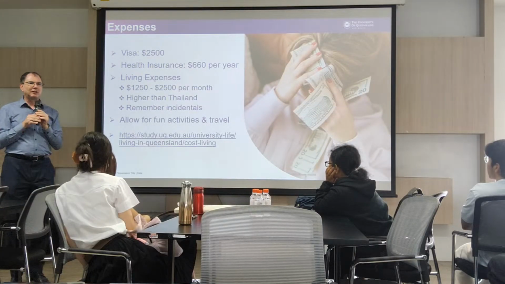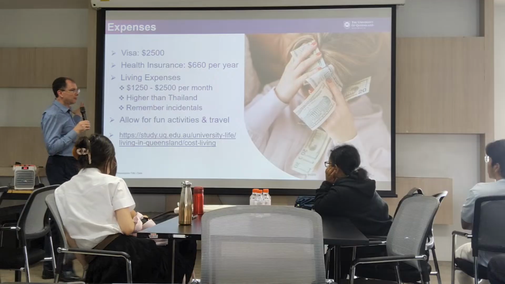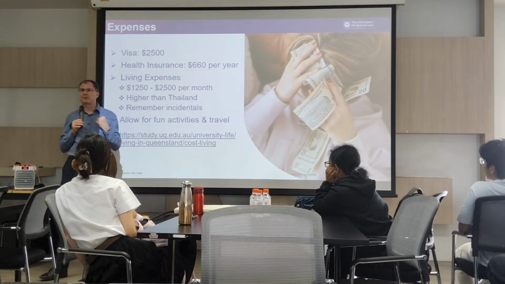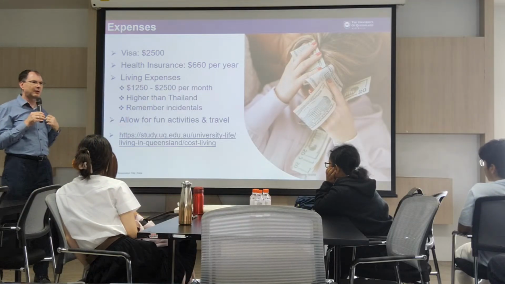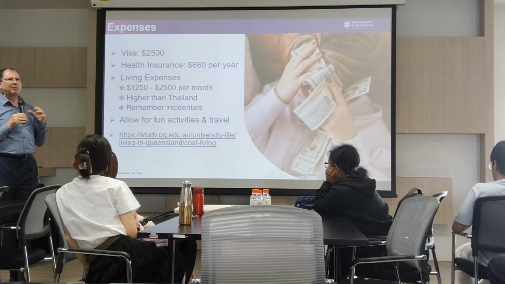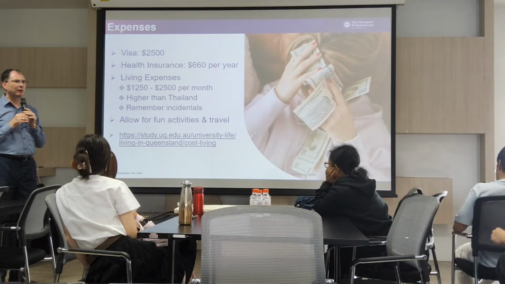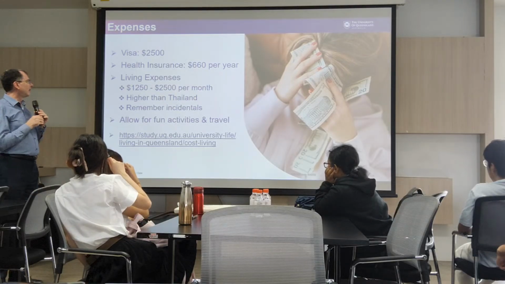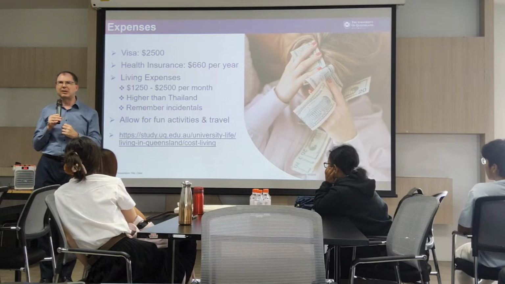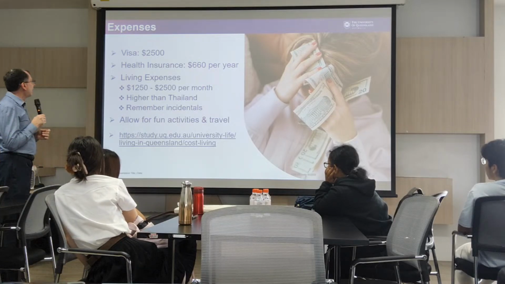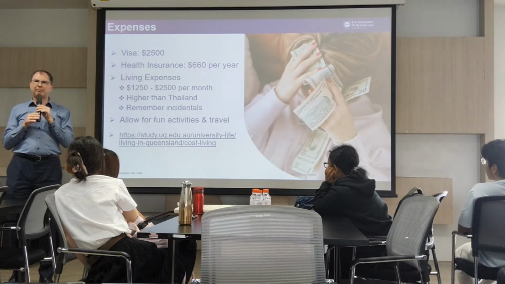Other expenses you need to be aware of. You'll need to apply for a student visa, and that's currently $2,500. You need to have health insurance to cover you while you're in Australia, and that's about $660 per year. Living expenses,